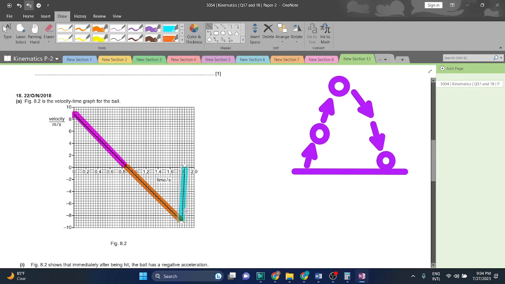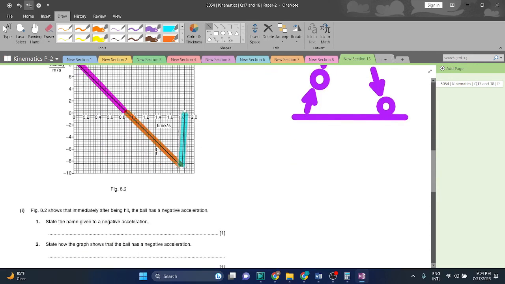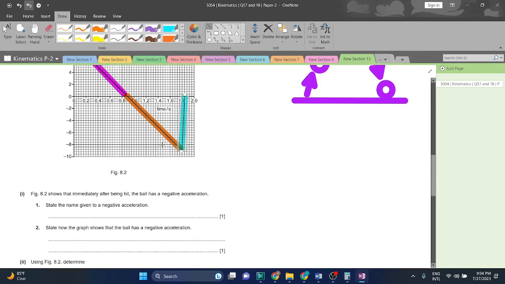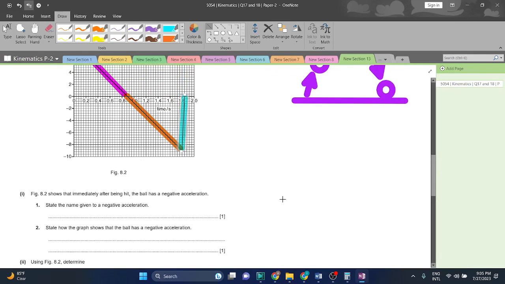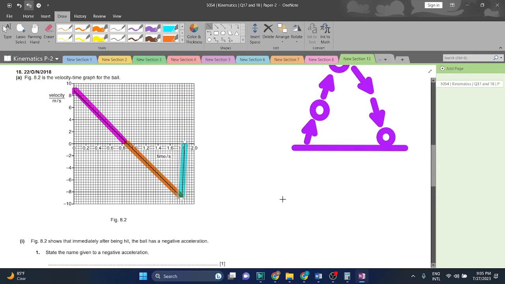At this point, the ball will hit and the graph ends. It's no longer showing what is happening further than that. Figure 8.2 shows that immediately after being hit, the ball has a negative acceleration. Negative acceleration refers to this point. The velocity diagram shows the ball